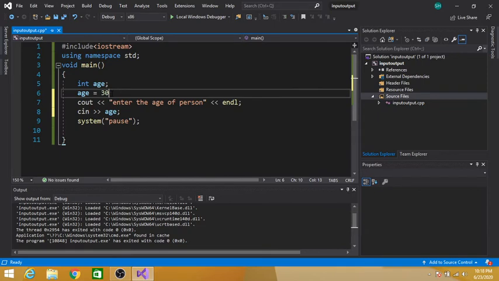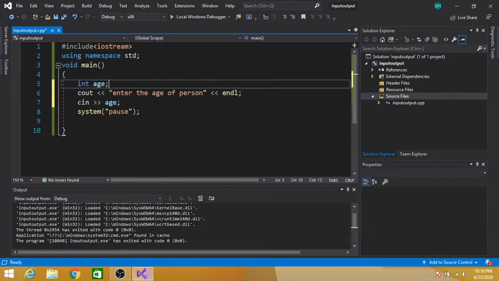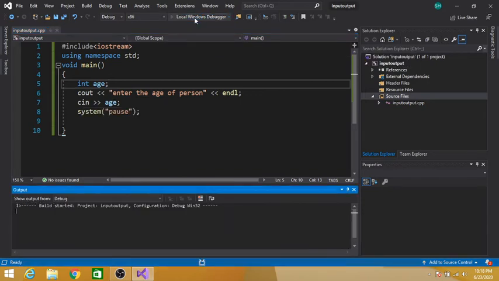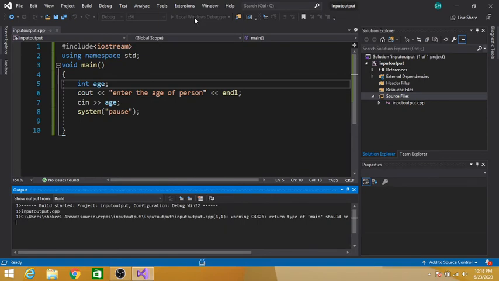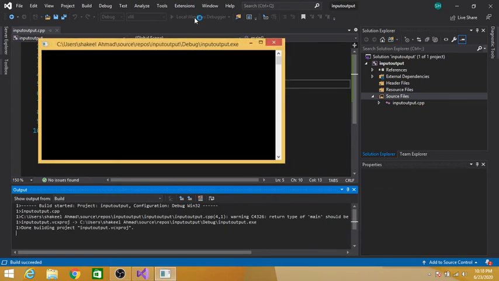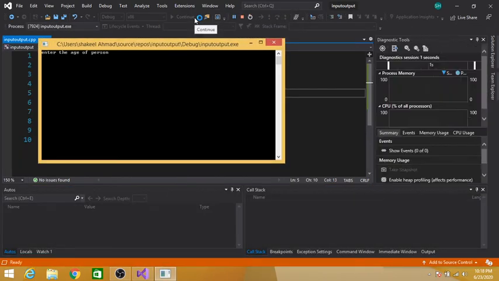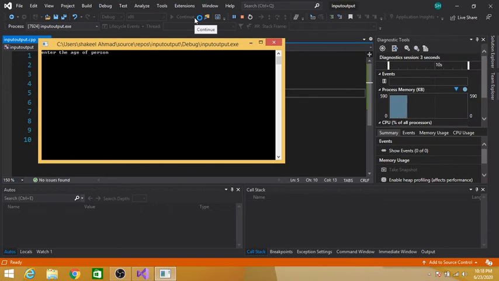We will remove this assignment here because we are taking input from the user, so that the user can enter the age of his choice. See guys, it is asking us to enter a value of age.